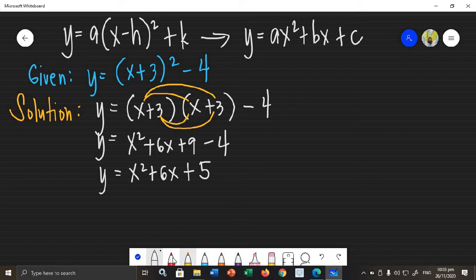Therefore, the given become the standard form of quadratic function. So, medyo mas mabilis ito kaysa sa una. Yung una medyo mas mahaba kaysa dito. Ito, mabilis lang. So, you just need to simplify the binomial and then combine the constants that you will solve all the way. Okay? So, this given is equal to y is equal to x squared plus 6x plus 5 in standard form of quadratic function. Okay? So, another given,